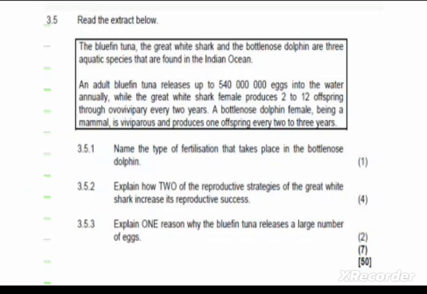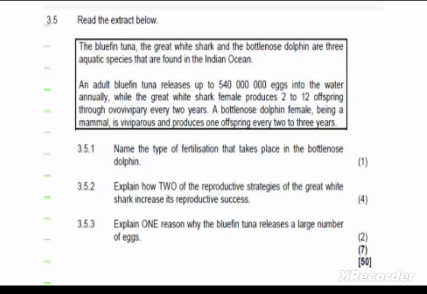It says read the extract below. The bluefin tuna, the great white shark, and the bottlenose dolphin are 3 aquatic species that are found in the Indian Ocean. So the bluefin tuna, which is the first species, releases up to 540 million eggs into the water. What does that tell you? That tells you that in bluefin tuna, the fertilization that takes place is external,